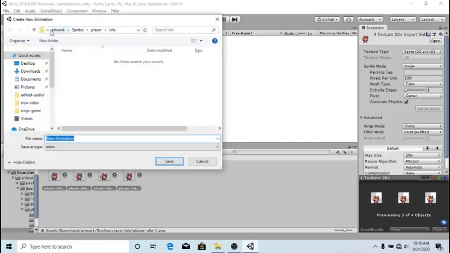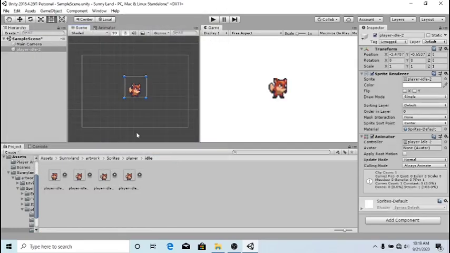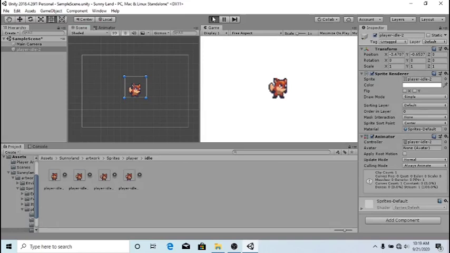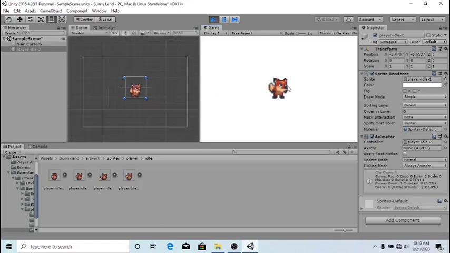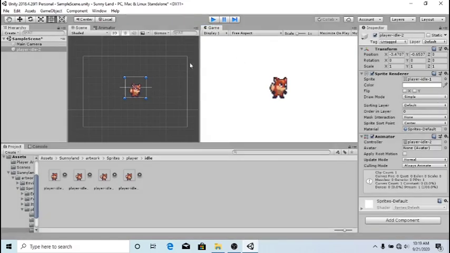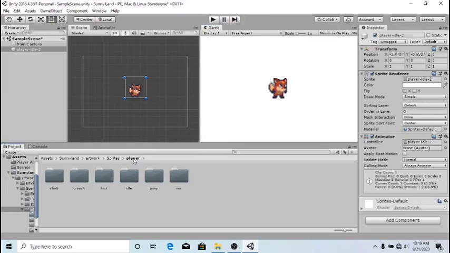When we drag it in, it's going to ask us to create a new animation. I come under assets, player animations, and I'll just call it player idle. Save this. When it's saved, when we play the game, we can see that. Okay, let's just give this some time. Okay, we can see the idle animation of our player is playing right now. Our player is just standing there and he's moving, and we can see a faster way and easier way of doing this. Instead of having to create the animation ourselves and dragging and dropping each frame into the animation,